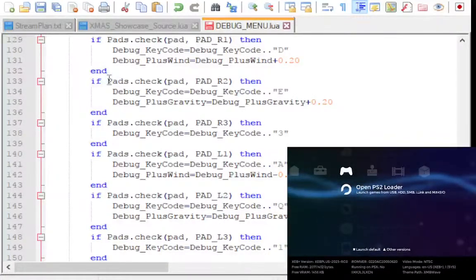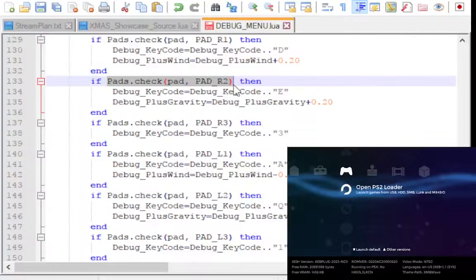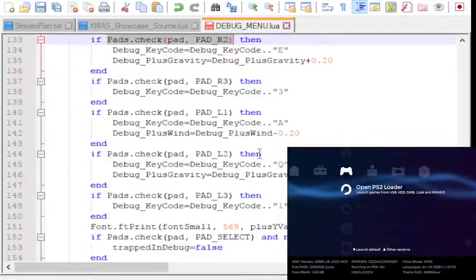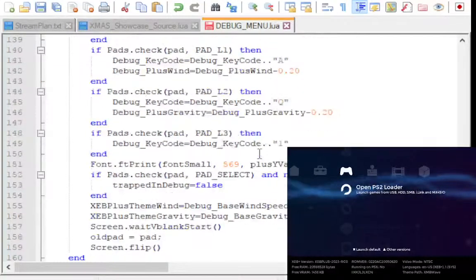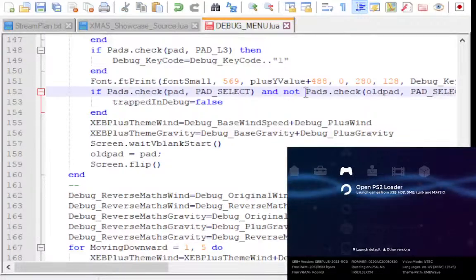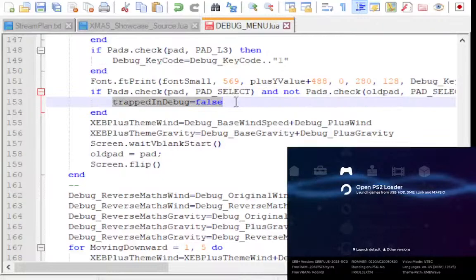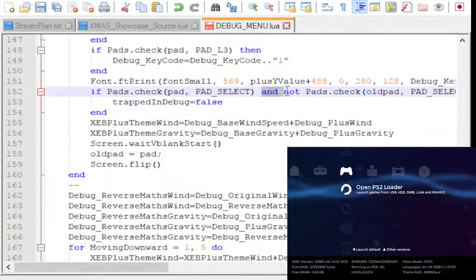This here only checks if you are pressing the pad right now in the interface. If you are pressing that button in the interface in that specific moment, but it doesn't verify if it was pressed before. So if you are pressing and holding, for example, an action will repeat unless you say this and not